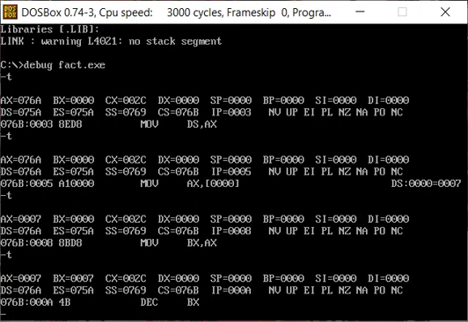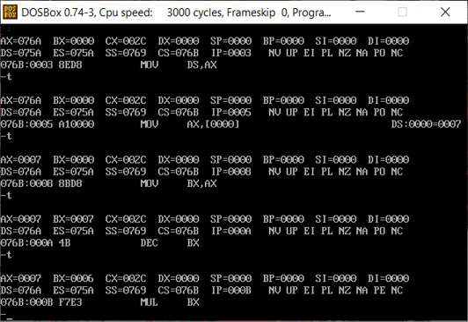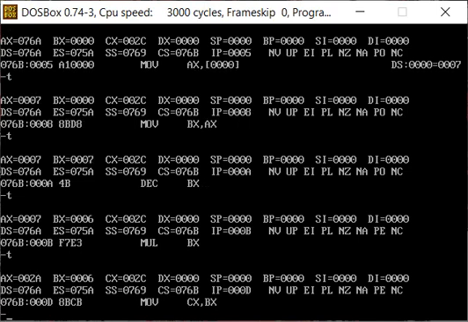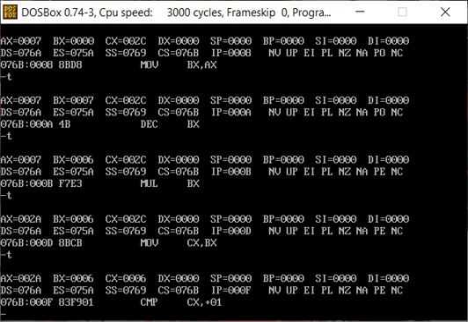After that, we decrement BX, which means 7 in BX will now become 6. And then we multiply BX, which means we multiply 7 by 6, and then we store it into the AX register. After that, we move the BX value into the CX register, and then we compare the value in the CX register with 1. If both values are the same, it will not jump; in this case, it is not, so it is going to execute the jump statement. The jump goes to 000A, which is at the label repeat.